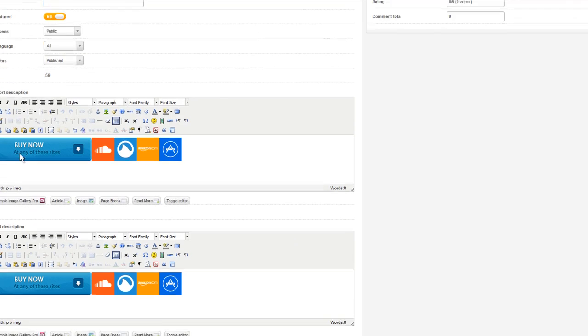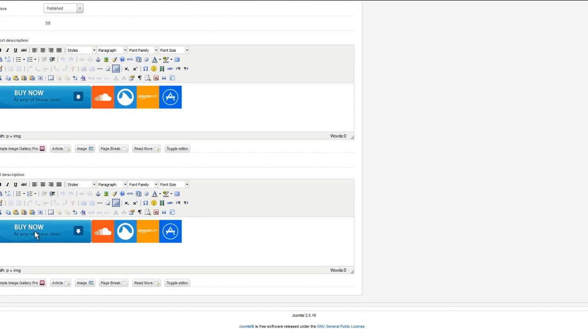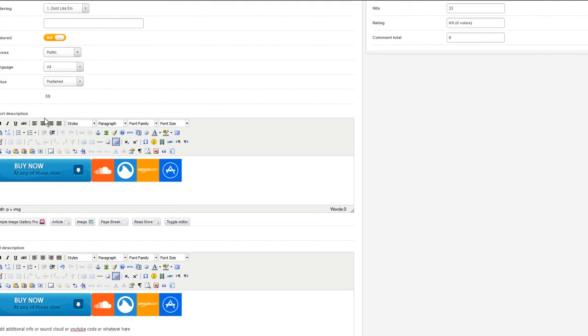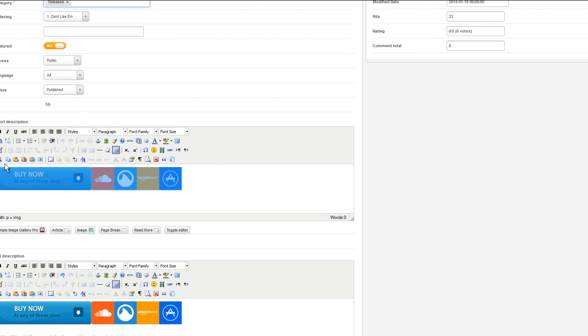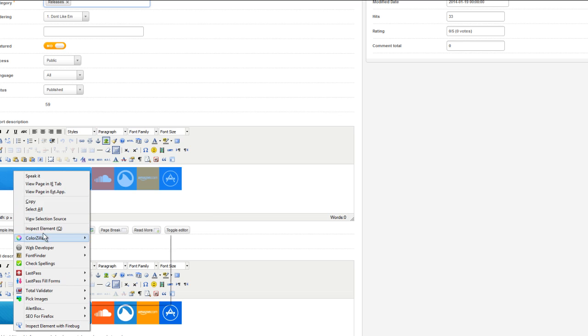I'm not using that currently. So then you have the short description and the full description. In this case, they're both the same, but if I wanted to, I could go here and add additional info or SoundCloud or YouTube code or whatever here, okay? You can add whatever you want in here. I don't recommend doing it in the short description because this is the part that shows up in the blog